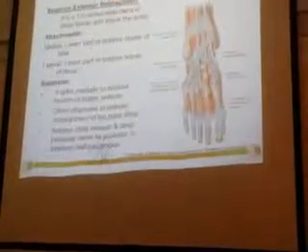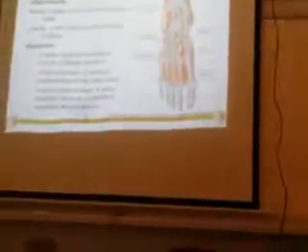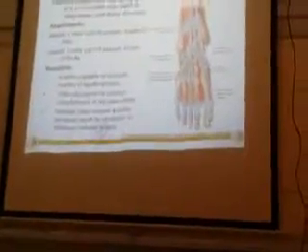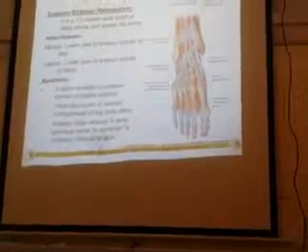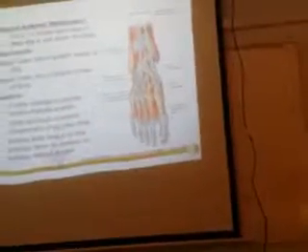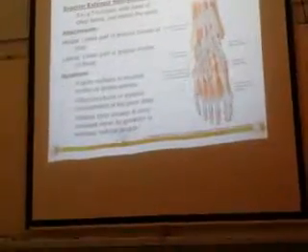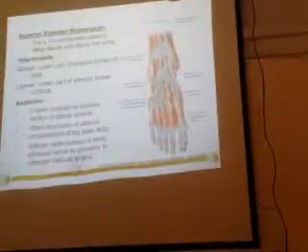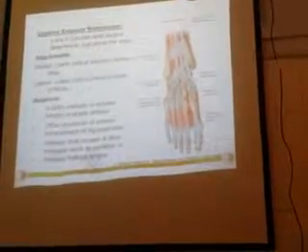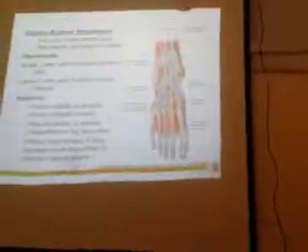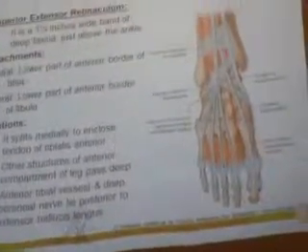Along with that, you should know something called the retinaculum. There are two retinacula. Here, this is called the superior extensor retinaculum. It is almost 1.5 inches wide, and it is between the two bones, the tibia and the fibula. It is attached medially to the lower part of the anterior border of the tibia here, and here to the fibula. It is a septum which will keep all the structures in position.